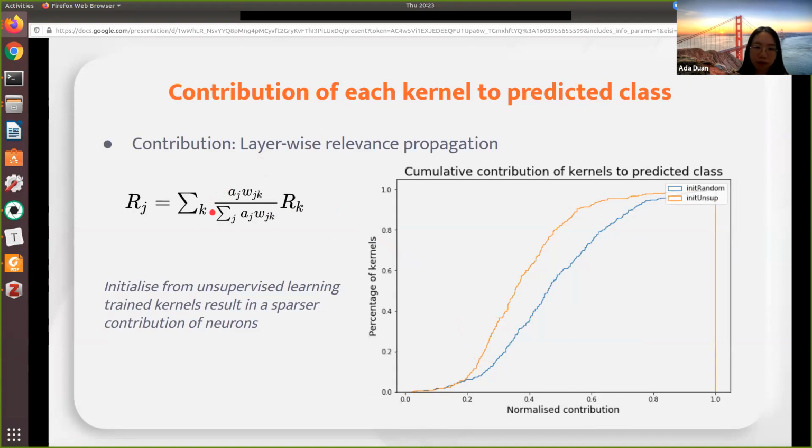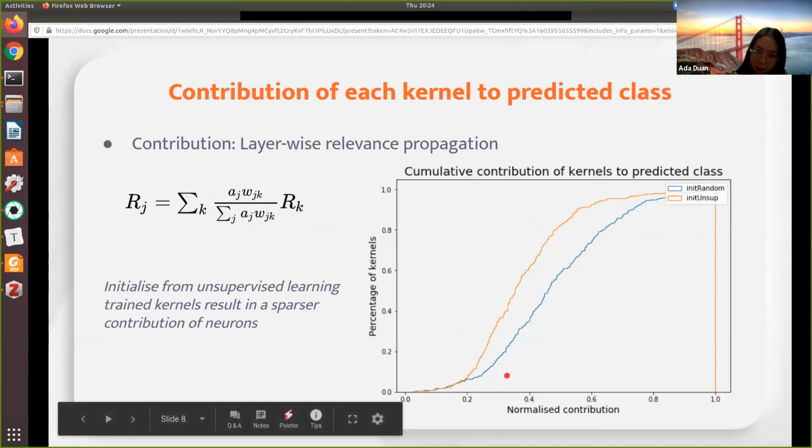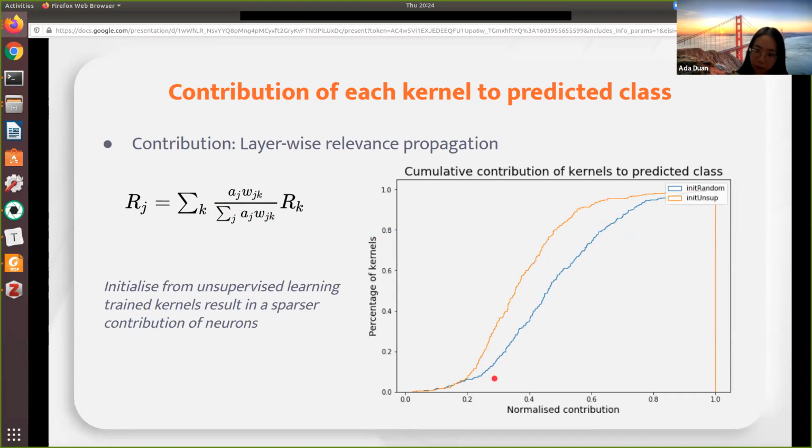So we calculate the contribution of each kernel to the correctly predicted class using an algorithm called layer-wise relevance propagation. As we can see, the blue curve is the standard backpropagation. So the random kernels are more or less contributing equally.